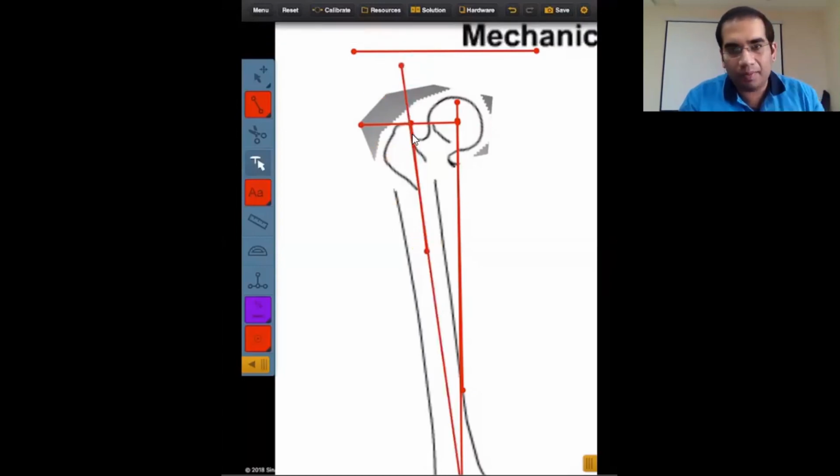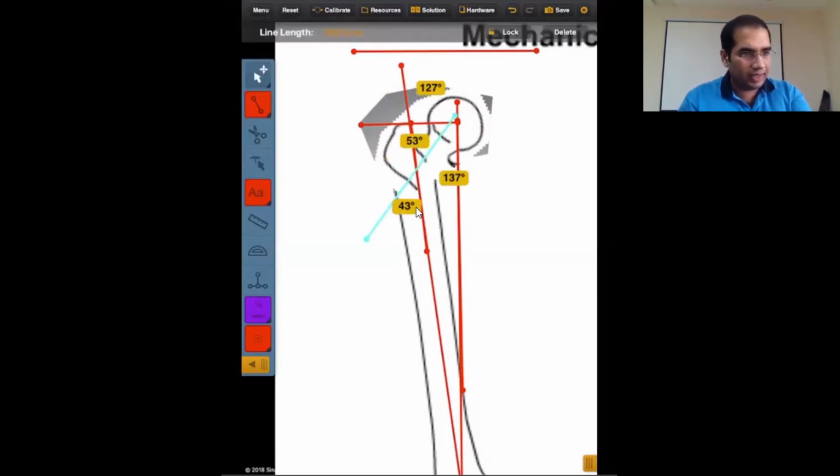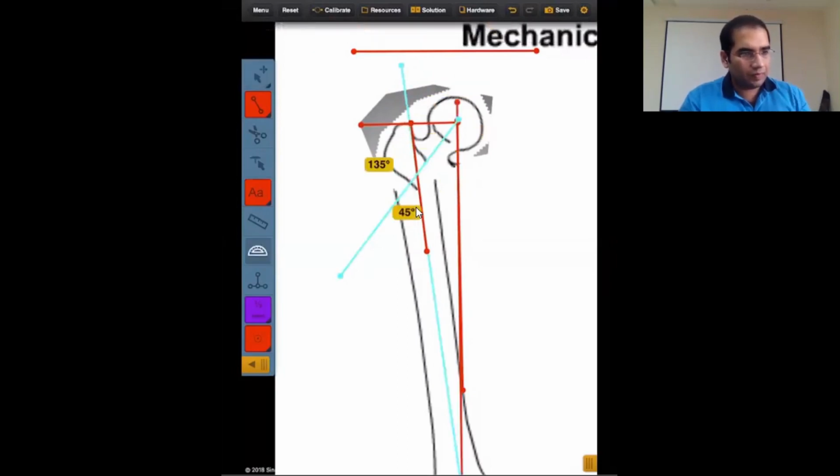passing through the piriform fossa. And now when I calculate the neck shaft angle, it is automatically normalized. I did not measure the neck shaft angle; I did my calculation and my correction, and the neck shaft angle automatically became normal. Okay.